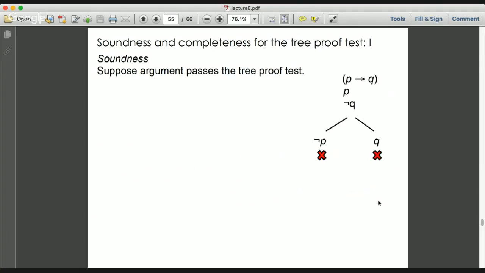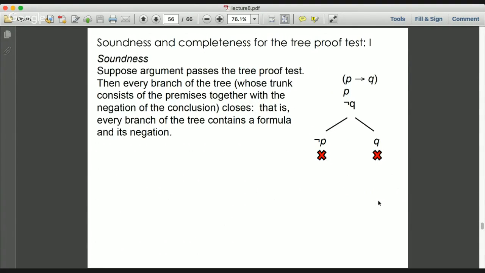Okay, good. So let's suppose that we've got this argument and it passes a test. By passing the test, I mean we've shown that it's valid. So the tree proof method comes out with the answer. We say, hey, tree proof method, what do you think about this argument? And tree proof method answers us and says, oh, I think it's valid. Now, is the tree proof method telling us the right thing when it says that to us? Well,